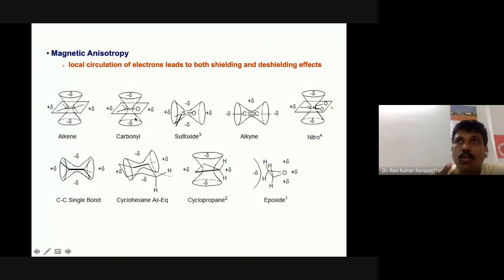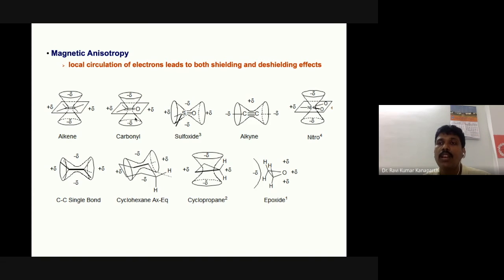Not only this, but alkenes and also aldehydes, the CHO. Why the CHO? The aldehyde proton is seen above 9 ppm. That is precisely because of the magnetic anisotropy. Sulfoxides and similarly alkyne protons have a slightly different concept; we'll come to that. In the case of alkyne, what exactly happens is that the pi bond is not rotating above and below, but rather along the bond it is rotating. So it is like this.